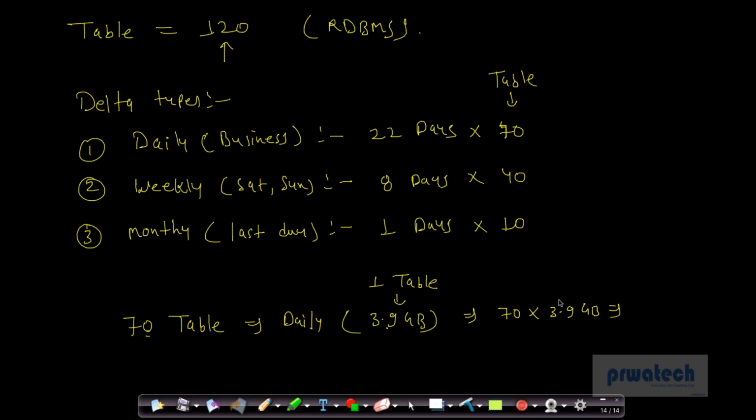70 into 3.9 is 273 GB. That's for daily, and this is the result of 1 day, right? This is coming from one single day. This is running for 22 days. So 22 days into this,